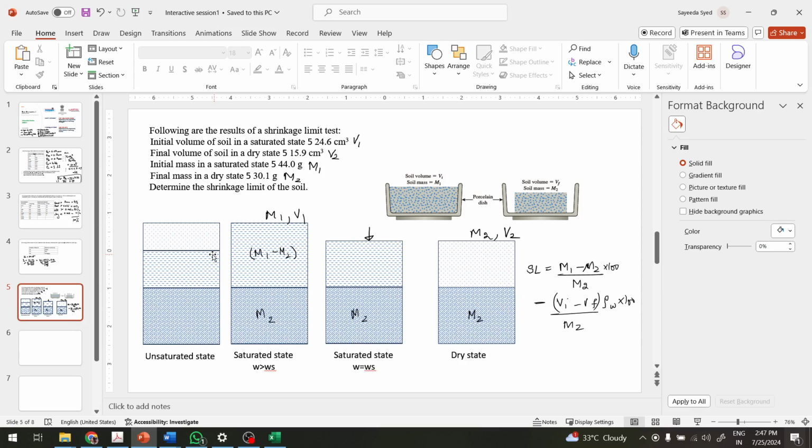Okay, so what we want to determine is the shrinkage limit. So it will just be equal to, from this formula here, the shrinkage limit will be equivalent to M1, which is 544